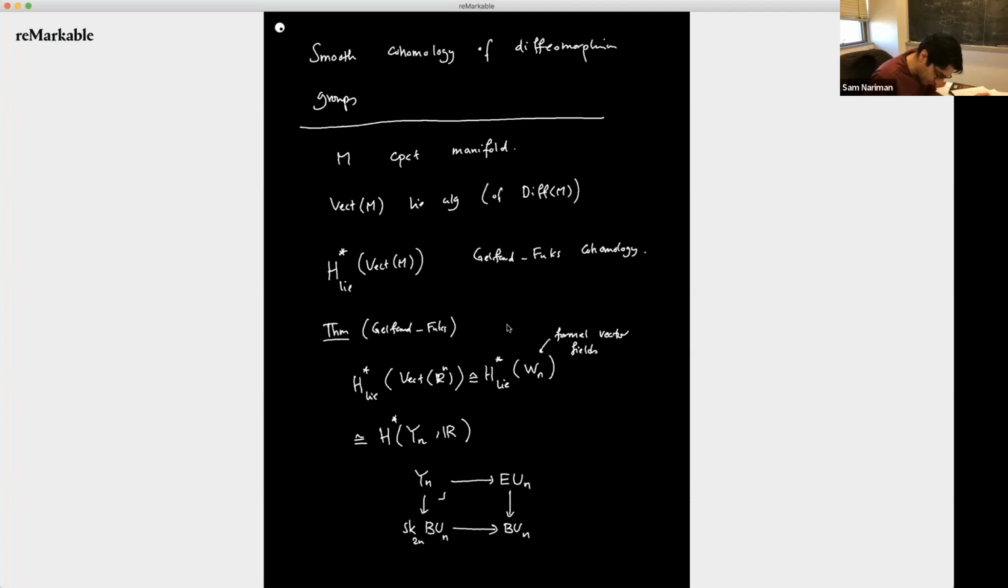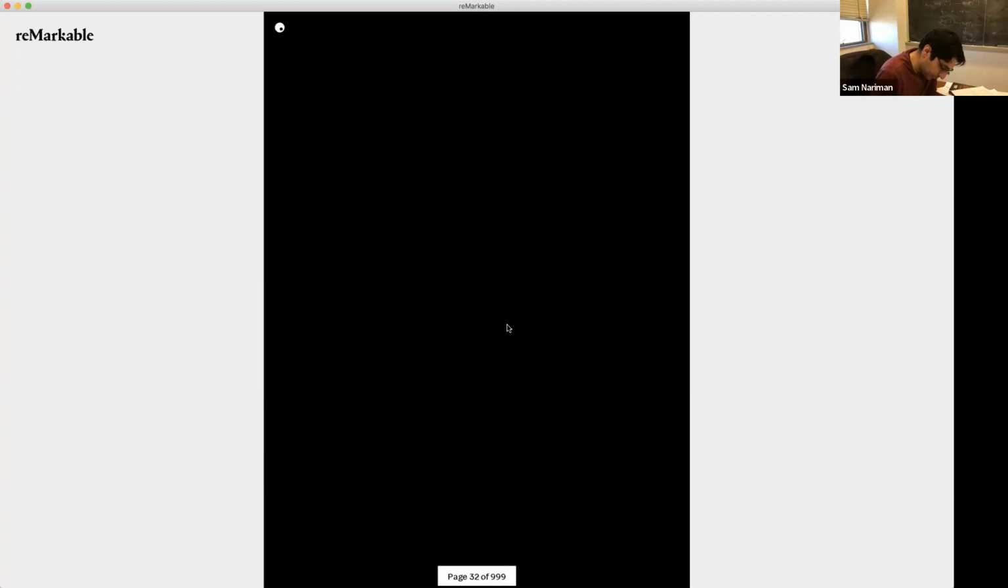The Gelfand-Fuchs theorem says that the cohomology of formal vector fields is the same as the cohomology of some space with real coefficients. And it was conjectured by Fuchs that one can somehow globalize this isomorphism over a manifold, and that's in fact the case. So the theorem that is due to Haefliger and Bott and Segal independently